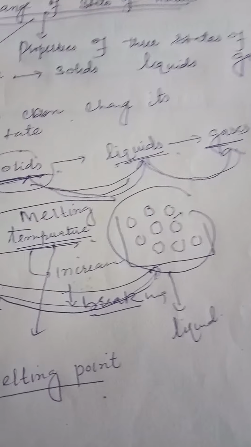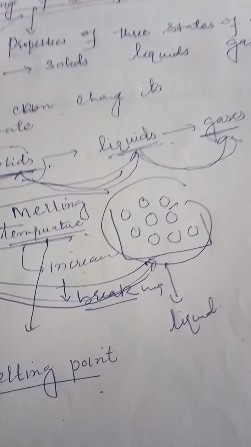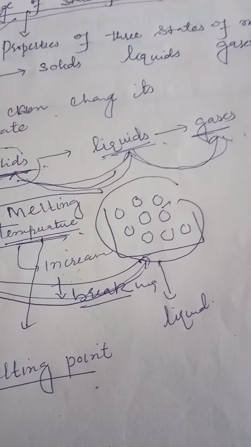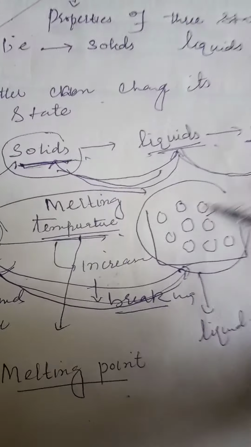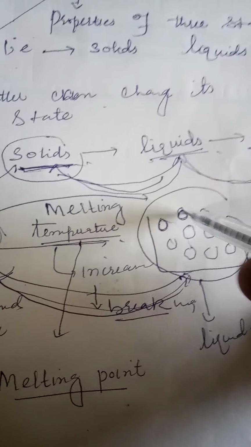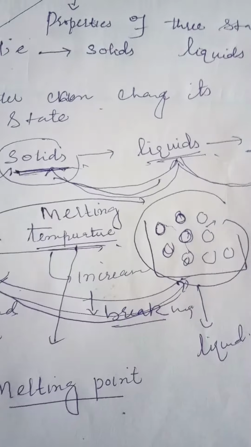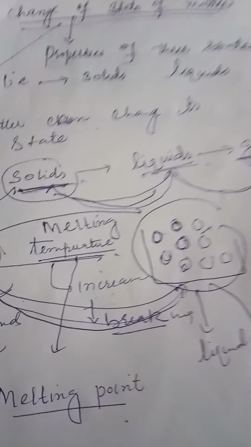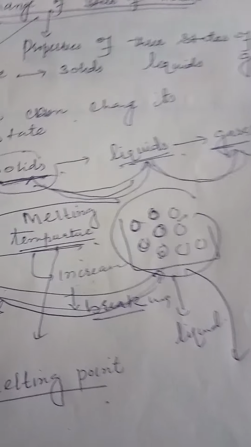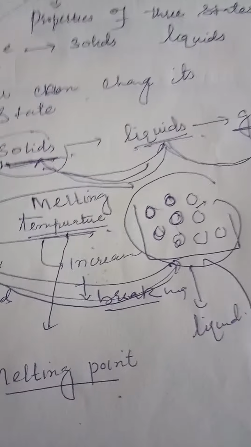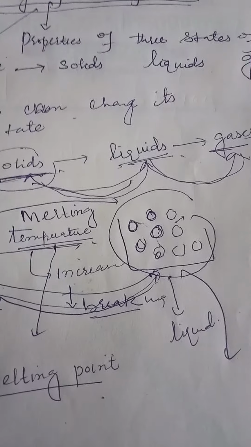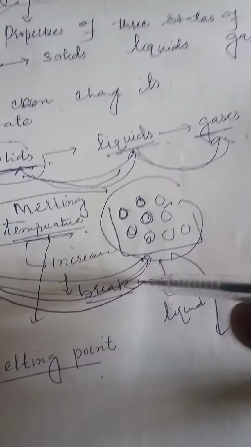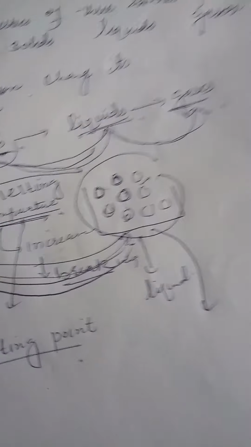The energy is being gained by the molecules. Molecules take up the energy, and these molecules start moving further apart, and the arrangement changes like that. This type of arrangement is achieved, and we have already discussed this is the arrangement in case of liquids. So a solid changes into a liquid when we apply temperature, when we supply energy.